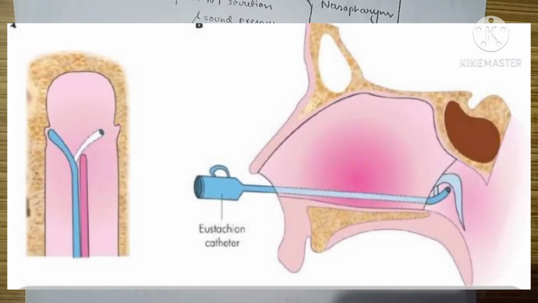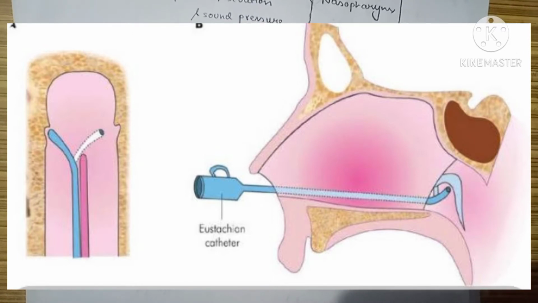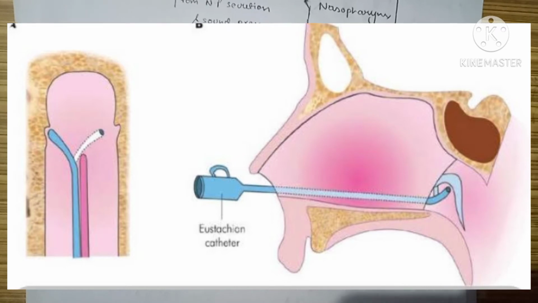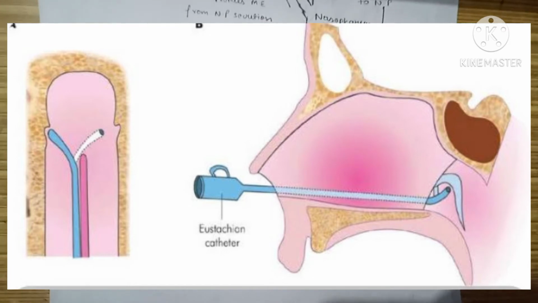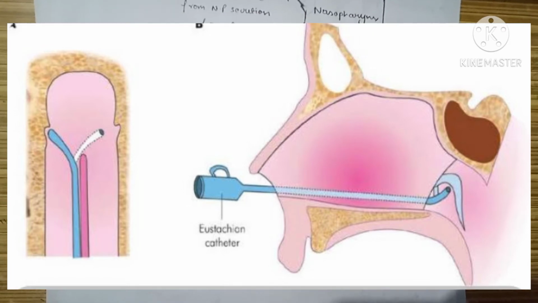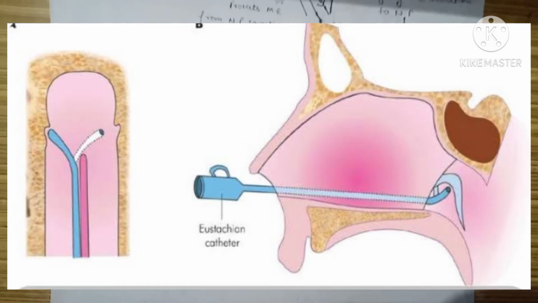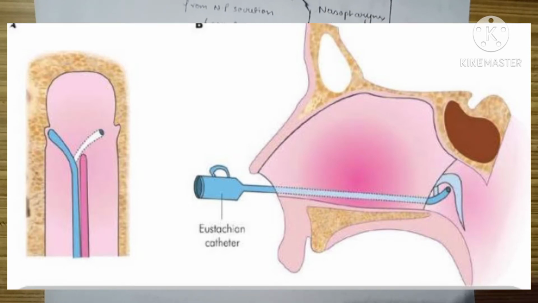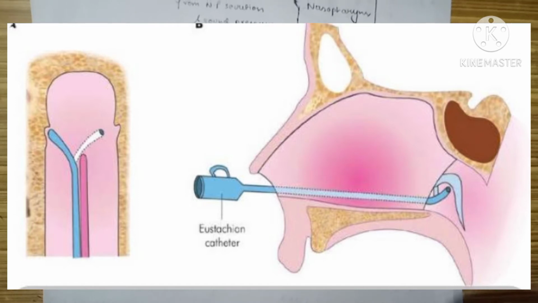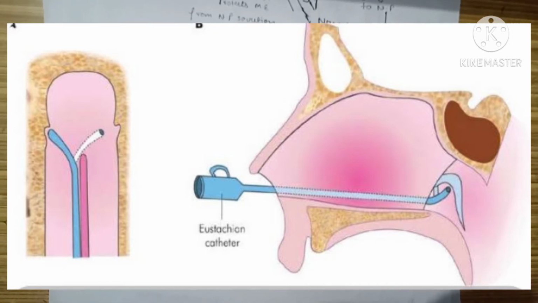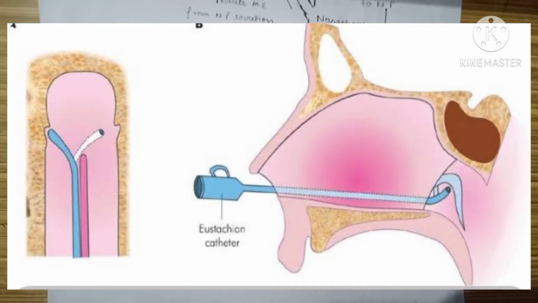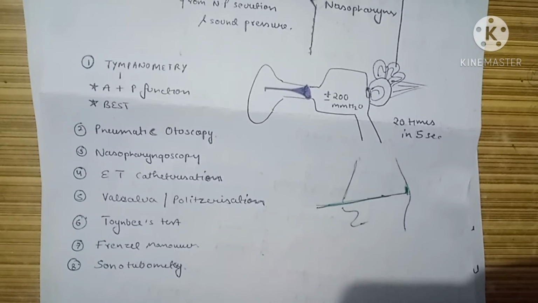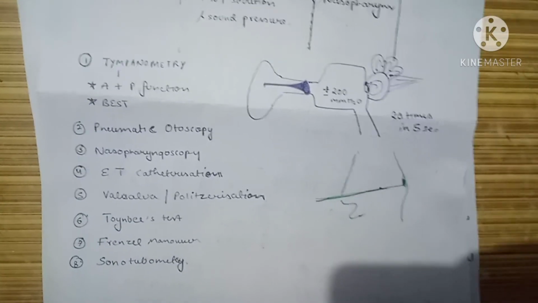After inserting it until the posterior wall of the nasopharynx, we rotate it by 90 degrees medially, and then we bring it backward towards our side until it hits the nasal septum. As you are seeing in the diagram, in the left side, the smaller one, as it hits the nasal septum, we rotate it by 180 degrees laterally. As we rotate it by 180 degrees laterally, it lies just superimposed over the eustachian tube opening. This is how eustachian tube catheterization is done.